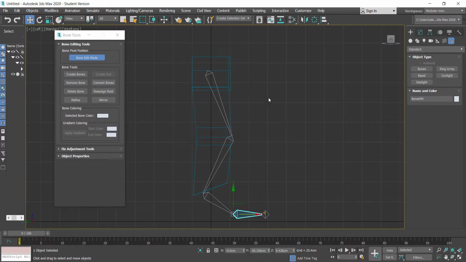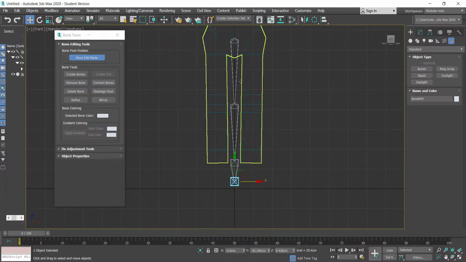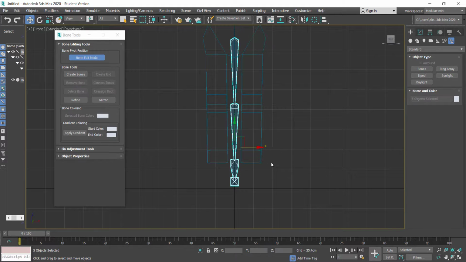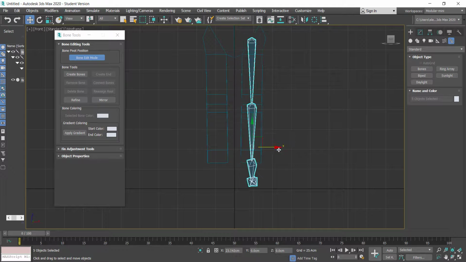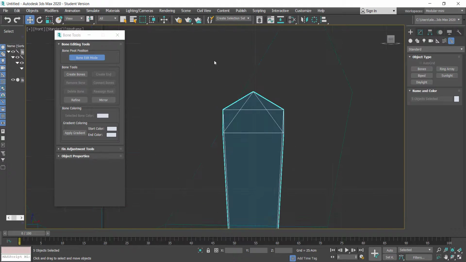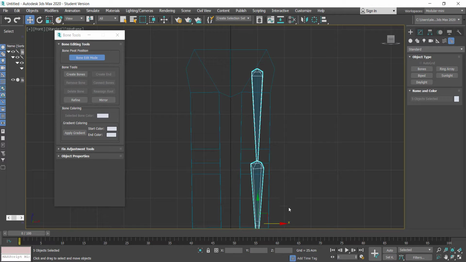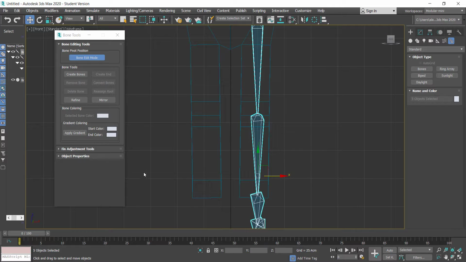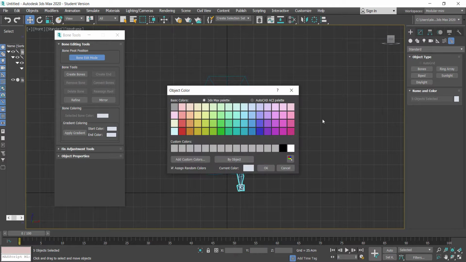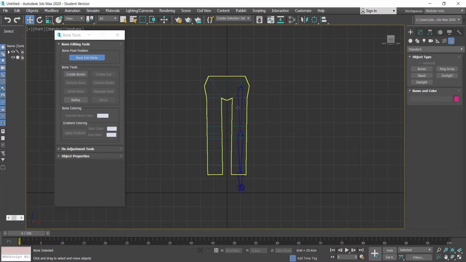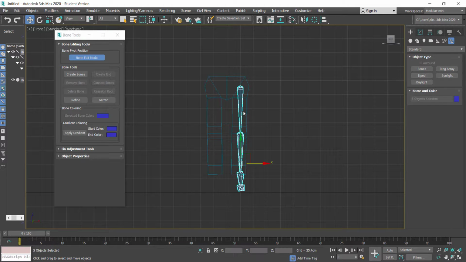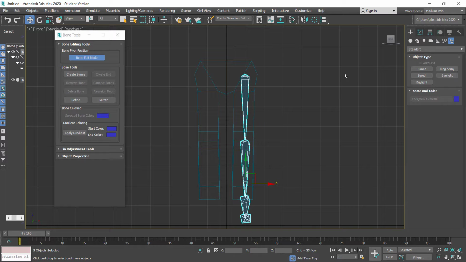Now I'm going to hit F for front, and I want to bring this up to the center here. I'm just lining that up with this edge here. So I'm trying to center this point with that bone. Now I'd like to mirror this across. One thing I want to do is make anything on the left side of the body blue, so these bones are blue. So I'm going to double click this, and before I mirror it,